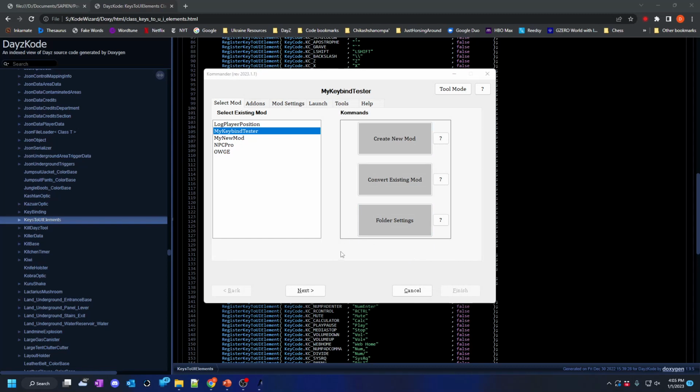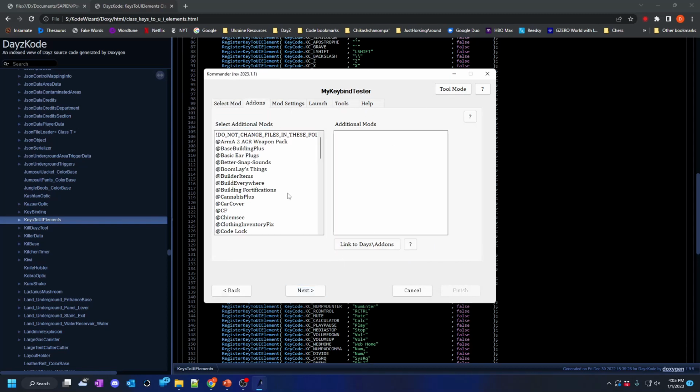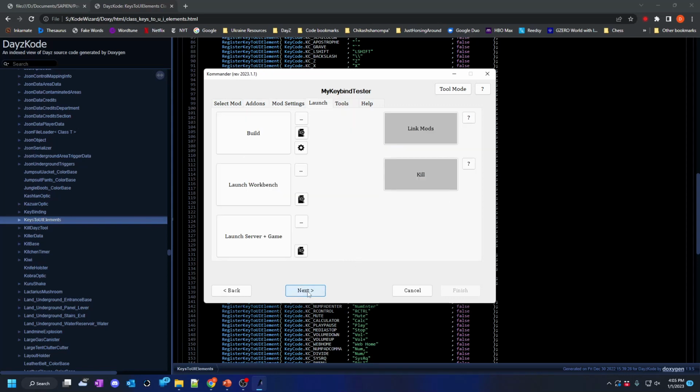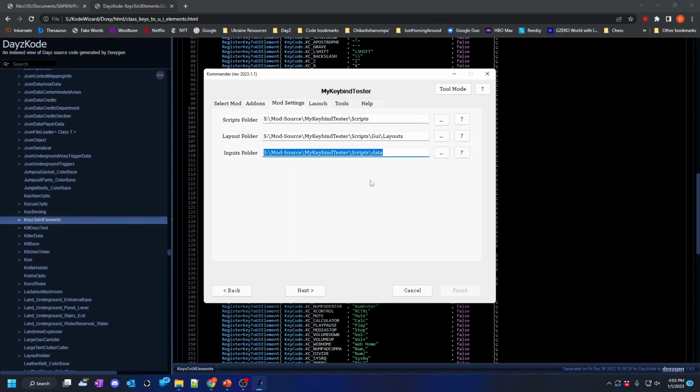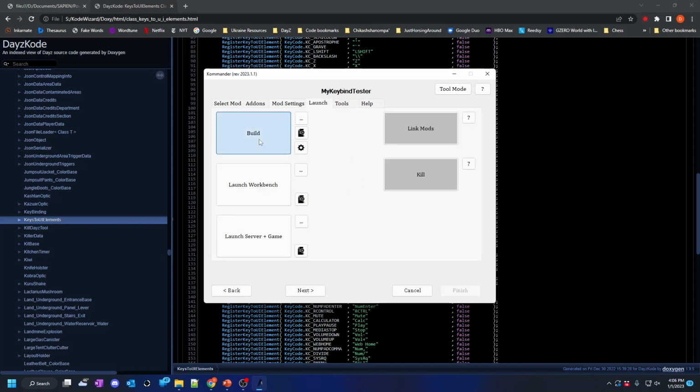Let's test that out and make sure it worked. We don't need to add any add-ons, mods for this, so we'll just skip past that. Going back actually to the mod settings page, the tool needs to know where you keep the inputs XML. So if you're using the Kommander template, this is where it's kept. If not, you need to find where yours is. So we can build it for the first time because we've never built it before,